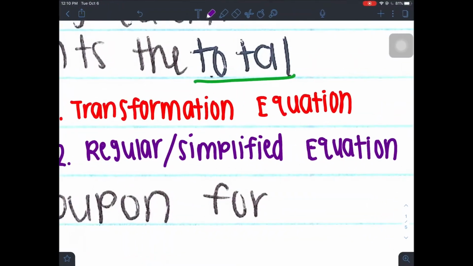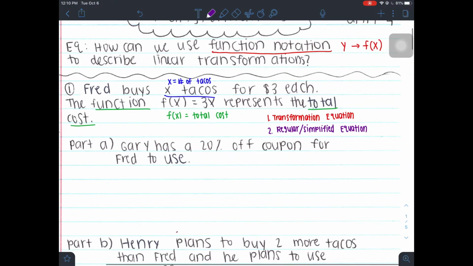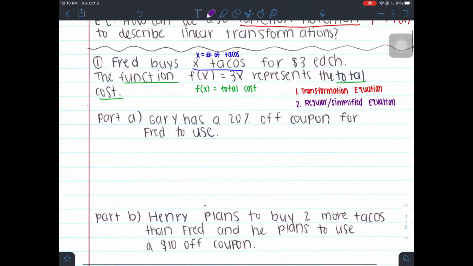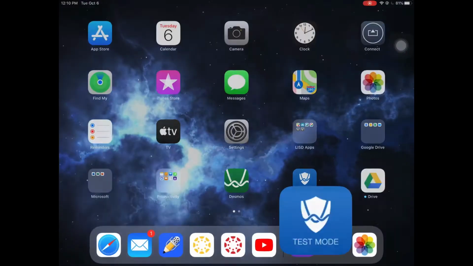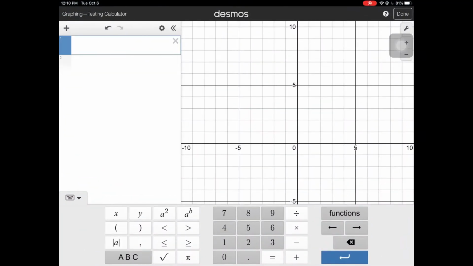Okay, so it's a regular or simplified equation. So we're going to have 2 equations for each of these parts. So first part, Gary has a 20% off coupon for Fred to use. So first off, let's just talk about what functions are and what all of that is. So let's say I have f of x equals